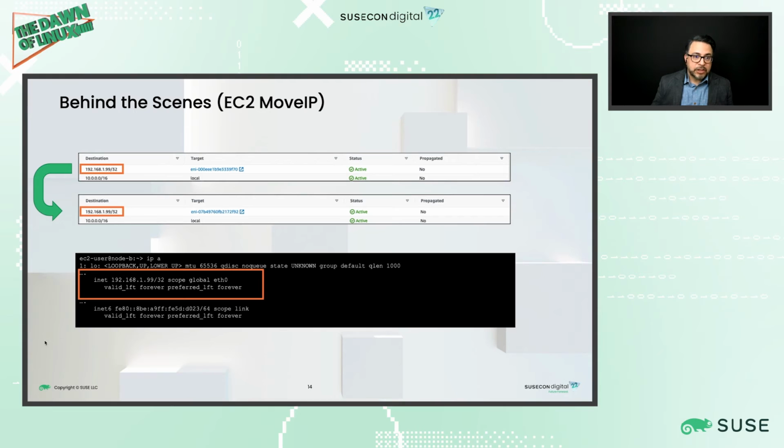So in the event of an issue, or if you're performing some sort of maintenance and promote the passive node to the active node, the AWS VPC Move IP resource agent will start on the passive cluster node. And the resource agent will actually perform an update and change the ENI associated to the overlay IP address. And it's using that ETH0 on the promoted cluster node. And what this does is it allows all traffic that's being routed to that new node within seconds once that